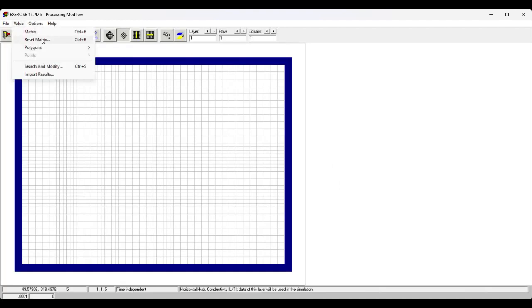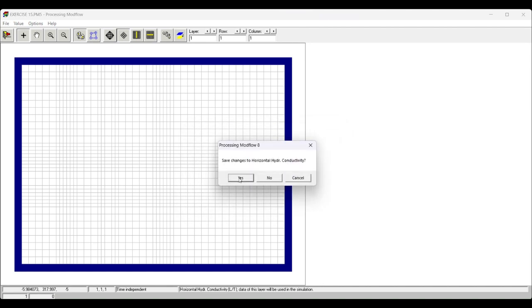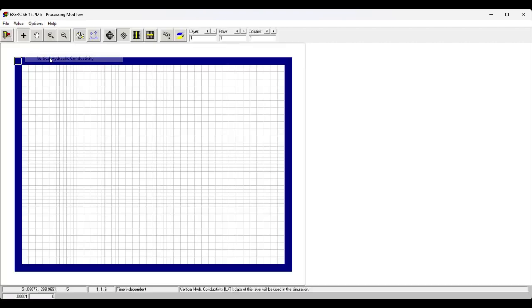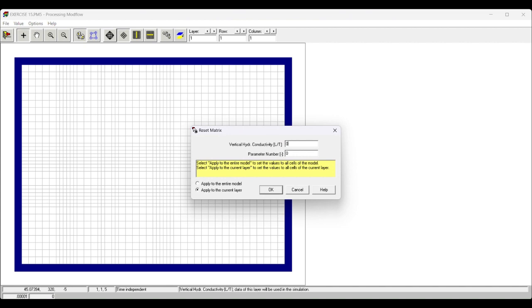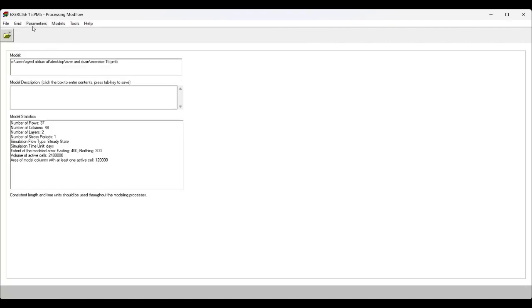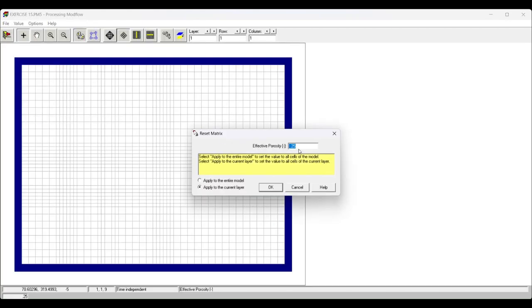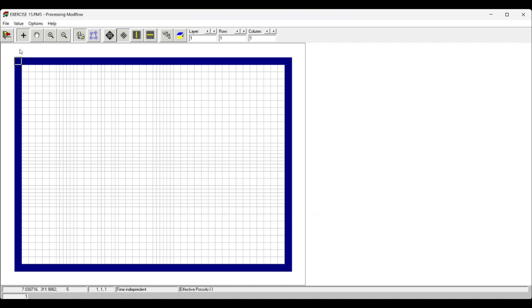Horizontal hydraulic conductivity, set it to 1, apply to the entire model and save it. Vertical hydraulic conductivity, assuming 0.1, apply to entire model and save it. Then go to effective porosity,